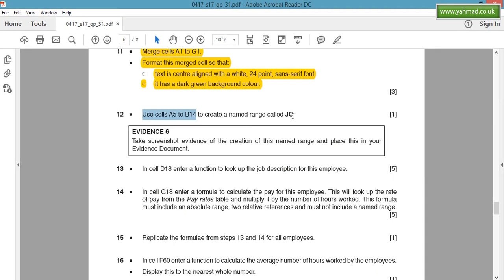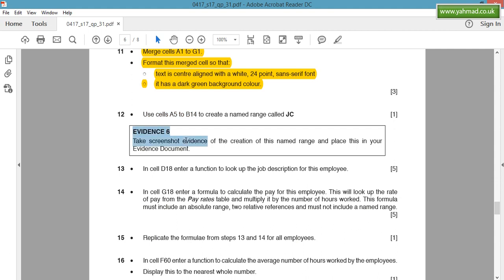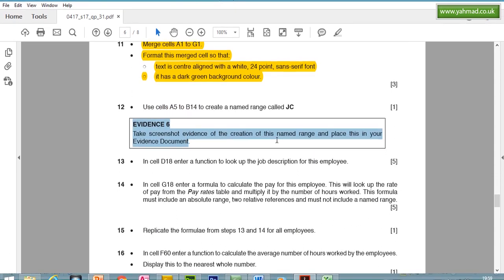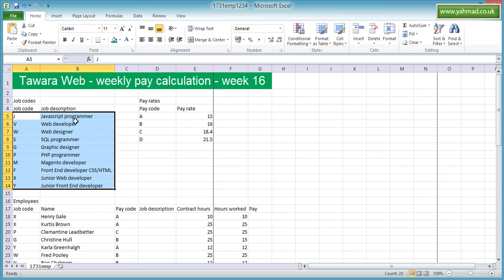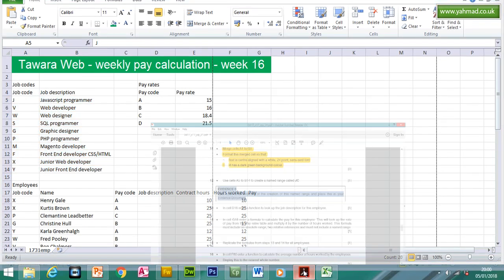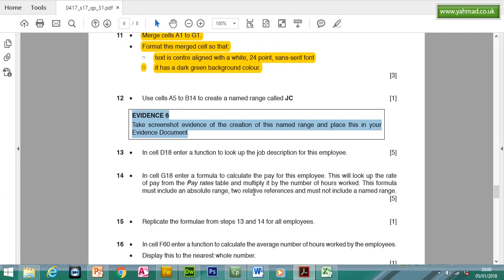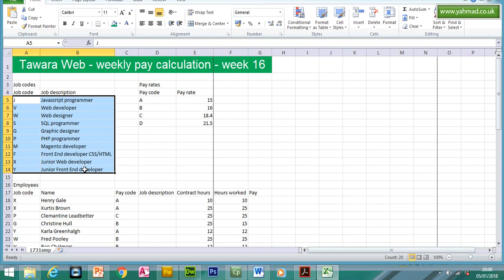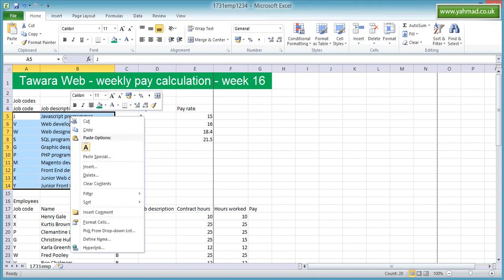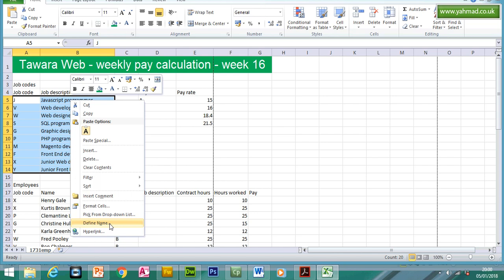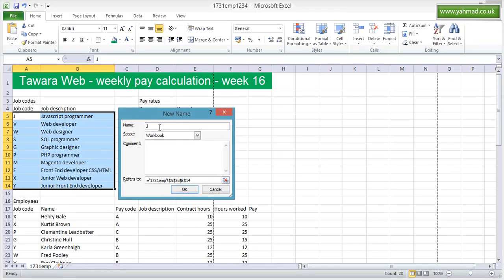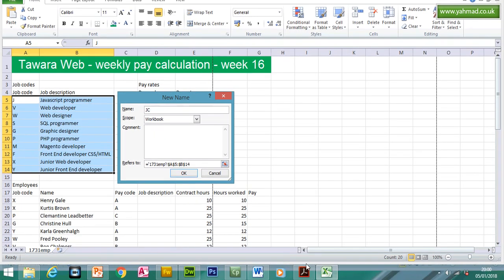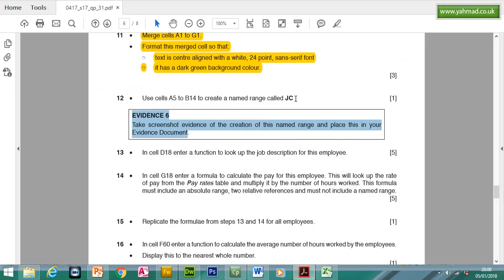Okay, so just before I make the named range, you'll notice there's an evidence. So take a screenshot of the creation of this named range and place this into your evidence document. So to name this range, highlight the cells. So from A5, so let me double check. Yeah, A5 to B14, right click and select define name. What you want to do now is change the name to JC, and again I'm going to double check. Yes, it was called JC,